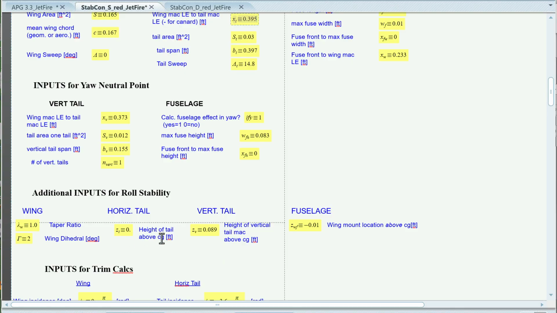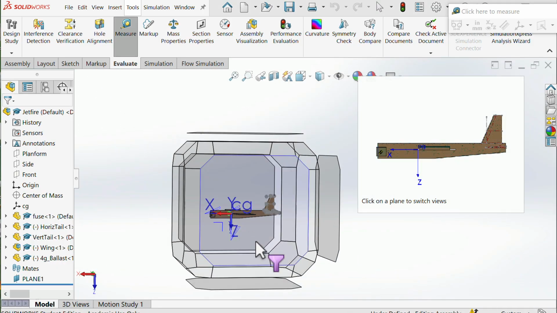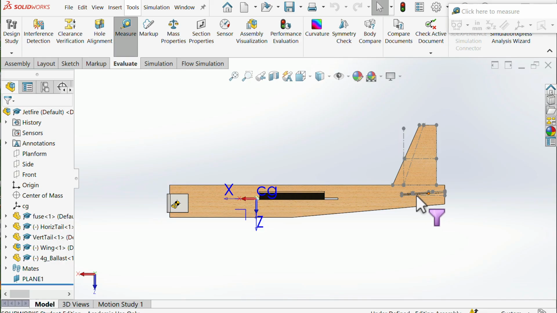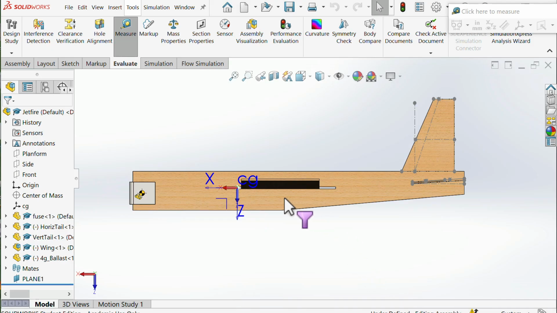ZT is the height of the tail, the horizontal tail, above the CG. That's the distance of this tail above the CG. The vertical tail, this is the height of the vertical tail MAC above the CG. So that distance is the distance from this CG